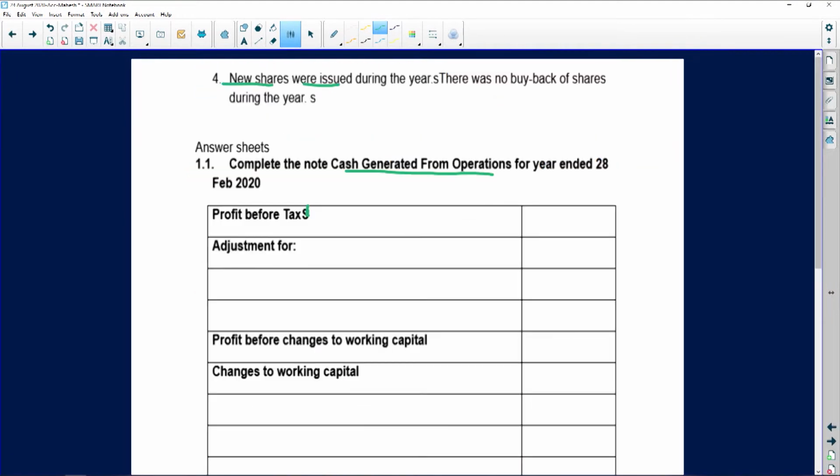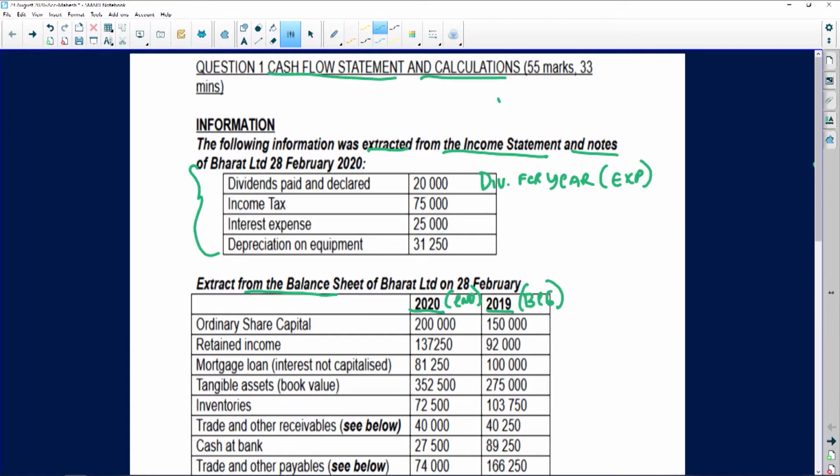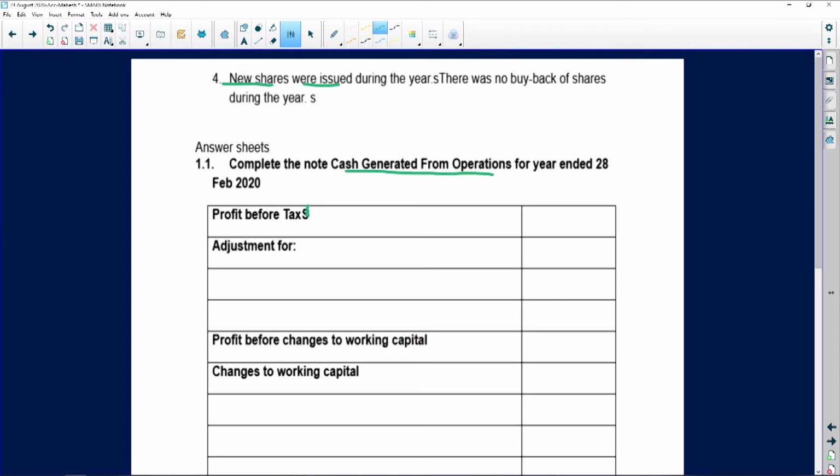Now, often students immediately find, oh my God, what do I now do? But hang on guys, it's simple, it's very, very straightforward. So you've got two options. I can either redraw or draw up my retained income note, or I can use the following equation. Okay, so what equation am I referring to? So when I'm calculating net profit before tax, and I'm going to write it up here, profit before tax, if this amount is not given to you,